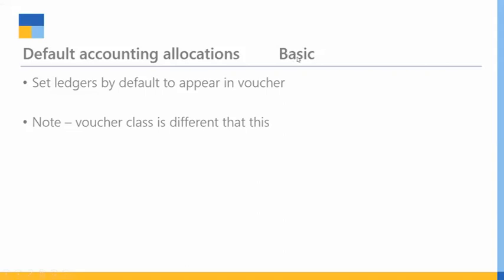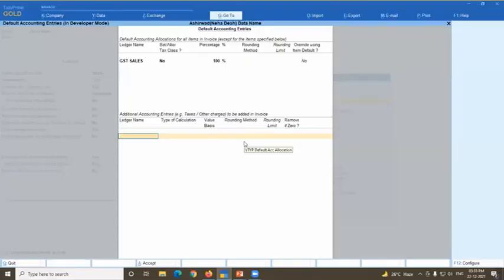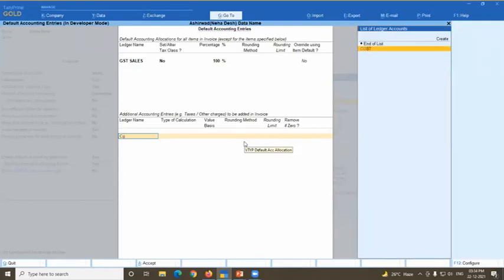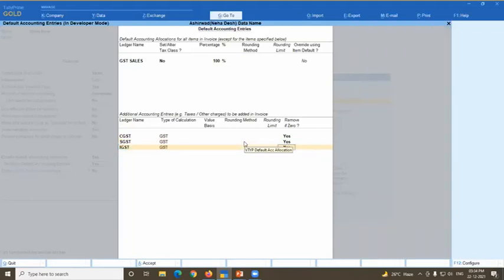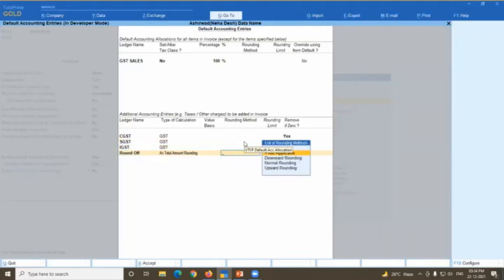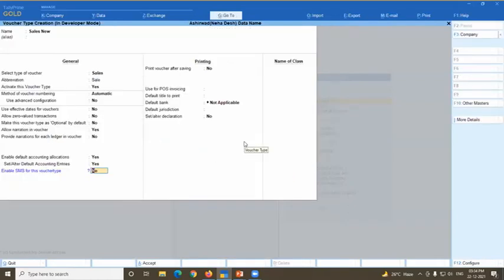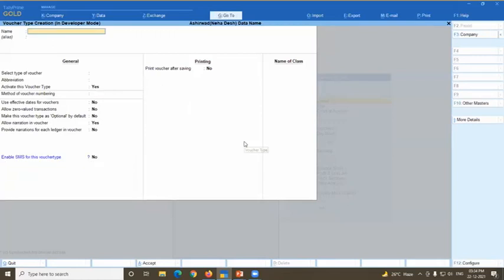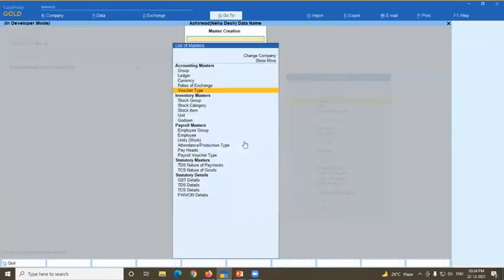The next one is advanced. So basic is only with these options. So CGST, SGST, and IGST. And as you see, rounding 1 rupee. Finish.